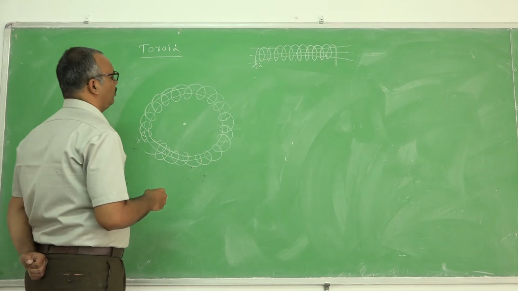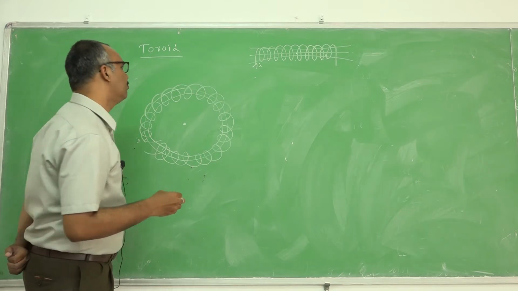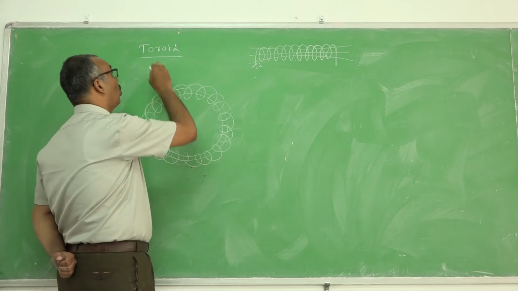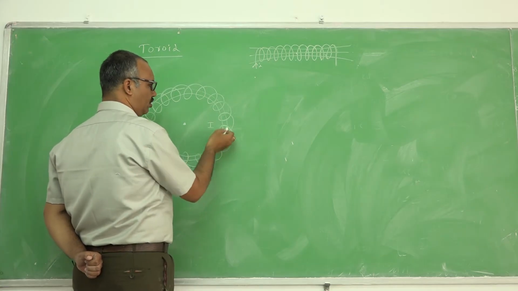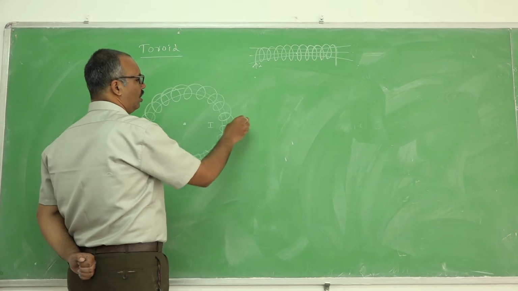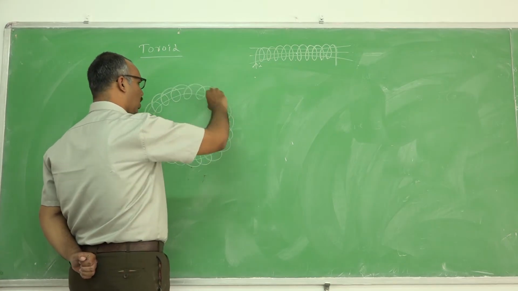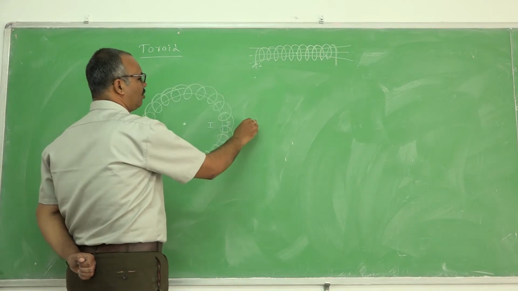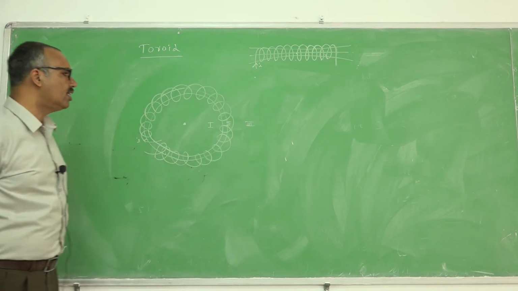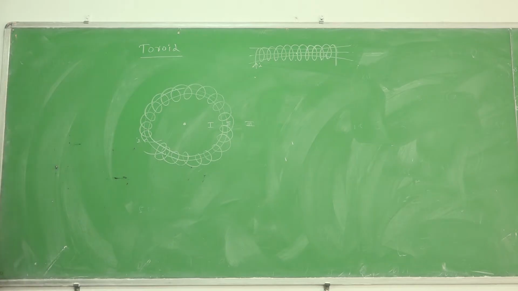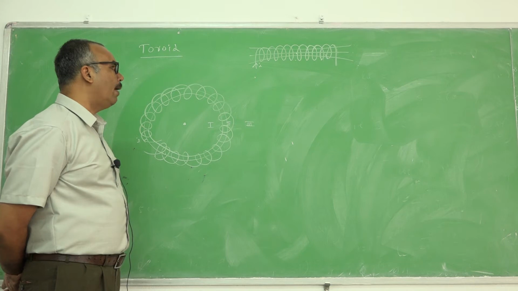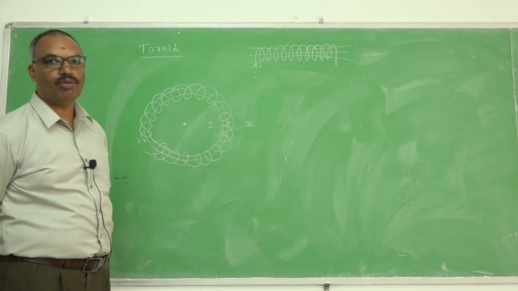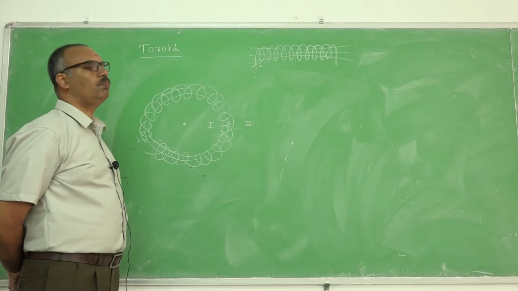We would like to find the strength of magnetic field because of the passage of current through this toroid in three particular regions. This is region number 1 within this circular loop, region number 2 inside the core of the toroid, region number 3 outside the toroid. In the three regions, I would like to find the strength of the magnetic field. In order to find it, I would like to apply Ampere's circuital law. In order to apply Ampere's circuital law, we need to take an Amperian loop.